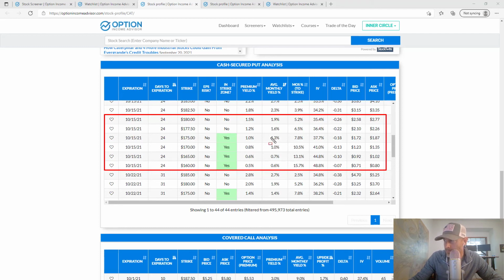So I would say it would be between these two, the 175 and the 170. They're both in the strike zone. Caterpillar's trading right around 190. So having a decent margin of safety, again, this one's got a delta of 13, and this one's got a delta of 18. So not too far off. They're both still below 20, right? We have a max of, we won't go above 30 on our delta, but that's pretty comparable.